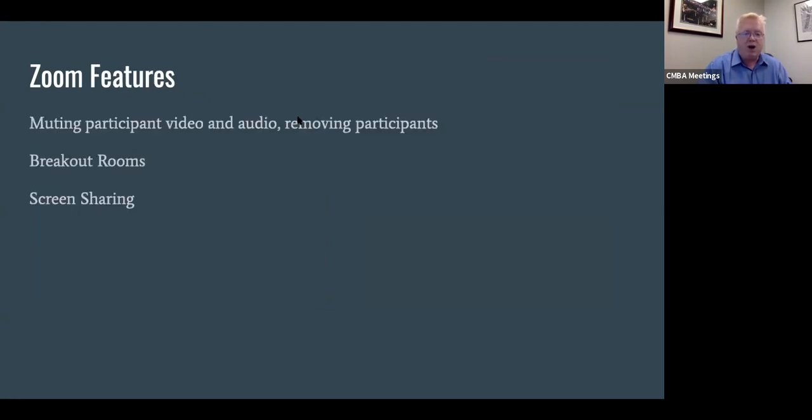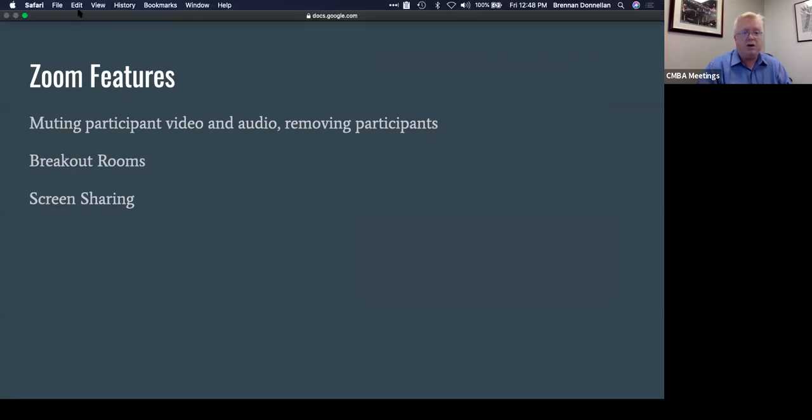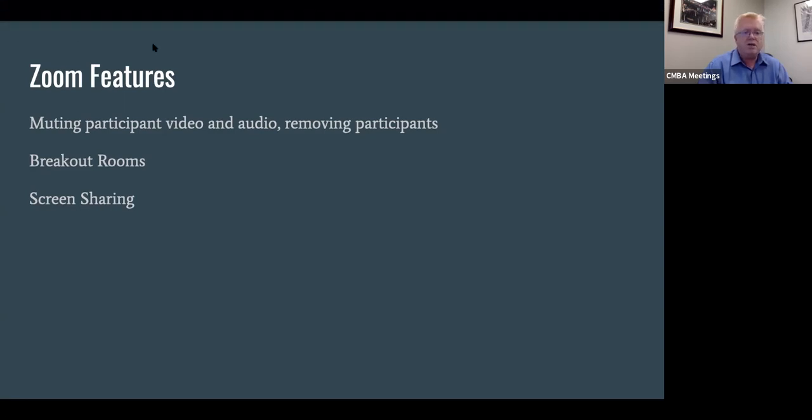So as the host, you have a lot of features that you can use, a lot of control and security. And I know that has been a concern of many people, understandably so, because of the things that have happened. So we've done muting participant audio, breakout rooms, and screen sharing. That